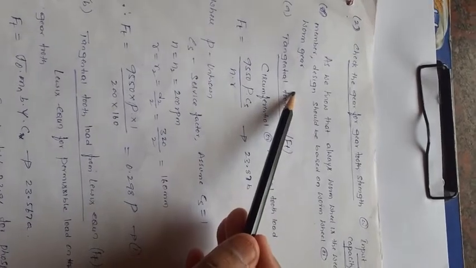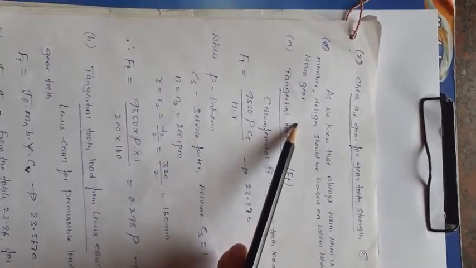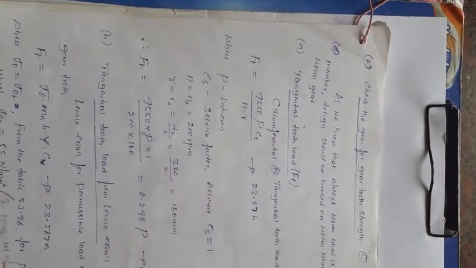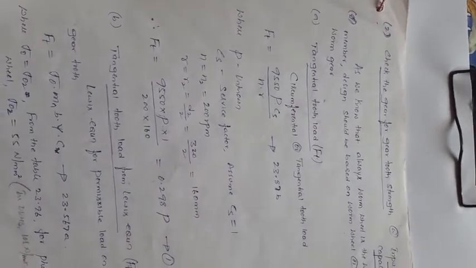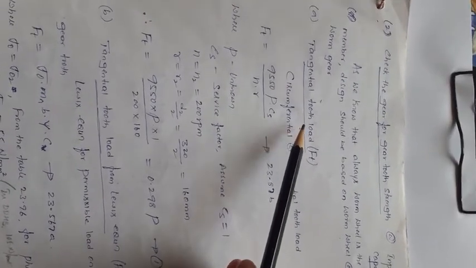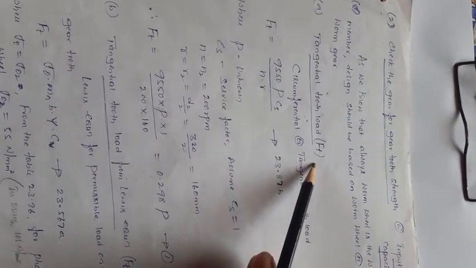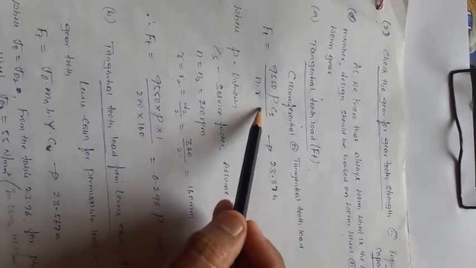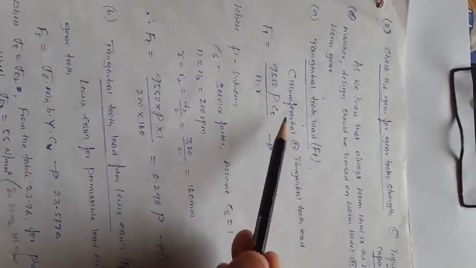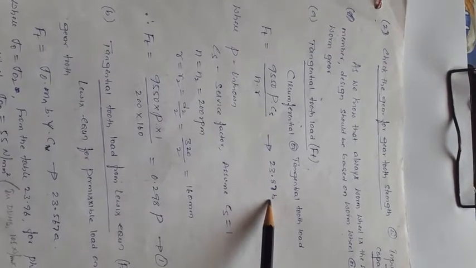Now the design is based on the weaker member. The design should be based on the worm wheel or worm gear. Now as you know, we have three different types of load acting on the worm and worm gear, that is static load, dynamic load, and wear load. From the static load you will get the tangential tooth load, right? The tangential tooth load is the circumferential or tangential tooth load due to power transmission, right? This is the formula we use: Ft is equal to 9450 P into Cs divided by N into R, equation 23.87b.